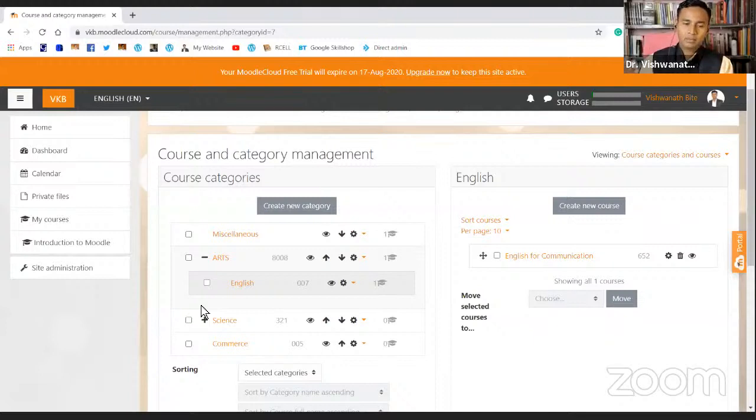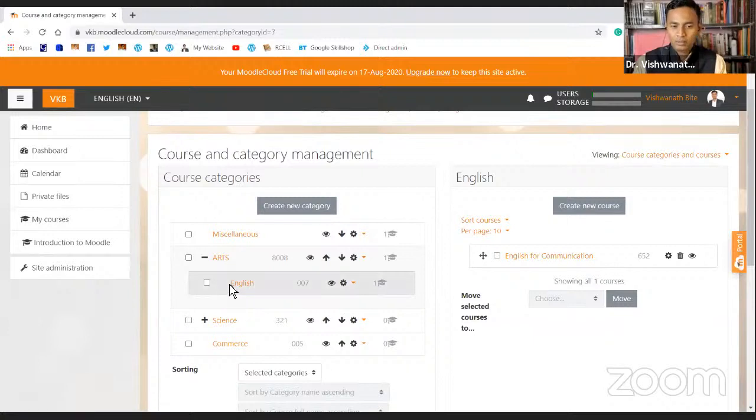In that you created three categories: arts, science, commerce, or computer science or any other faculties or courses that you are offering, you can create that number of categories. In arts, for example, I'm just giving this as an example, we have 5 or 10 departments: English, maybe some regional language, history, political science, public administration, sociology, geography.